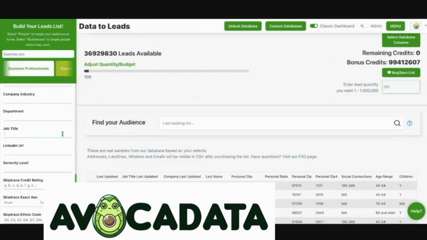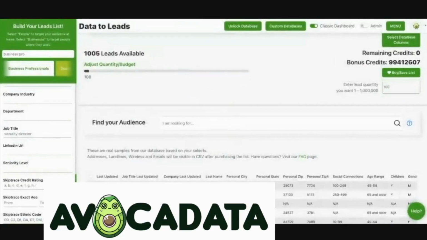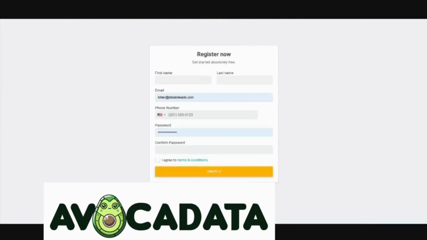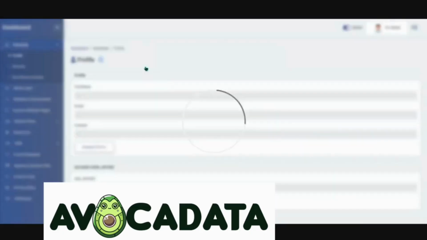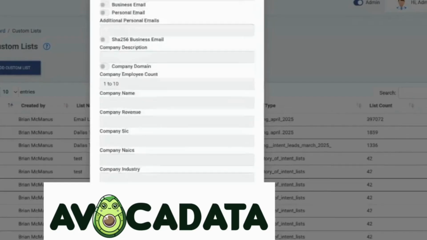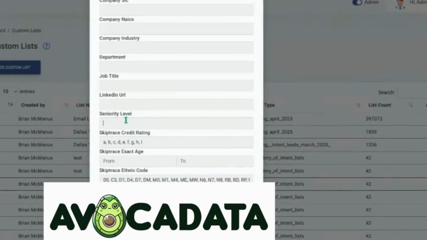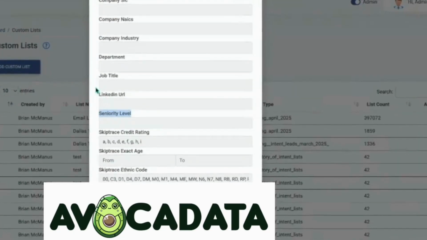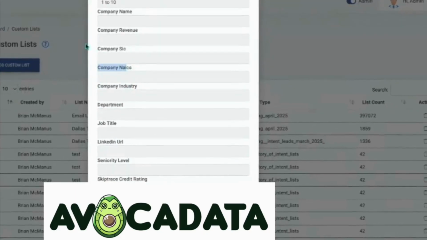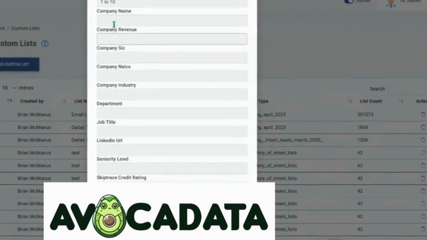Let's say security director. All right, so there's multiple ways to do it. First way, we'll just type in security. And I'm actually going to build some custom lists, because this would be an example of why I'd want to build custom lists, because there's a lot of different ways to find what exactly James is looking for. There's quite a few criteria. I'm just going to skip down to the ones I'm going to use. But the main ones I pay attention to are seniority level, job title, department, company industry, then the codes, and sometimes the actual company name.